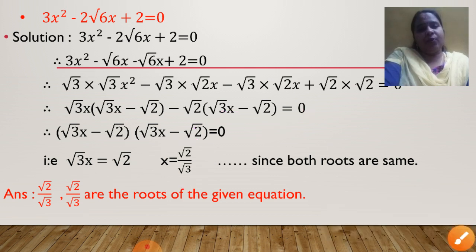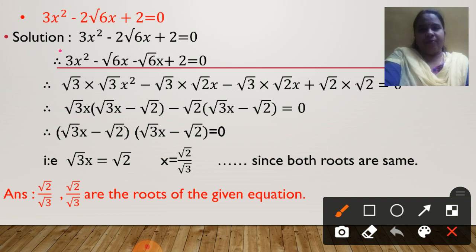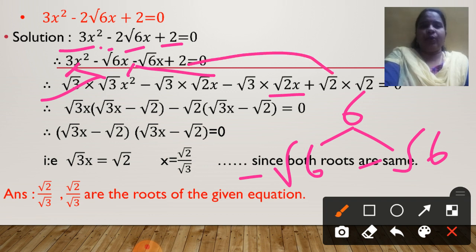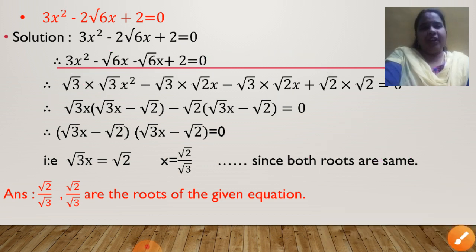This sum, again I am quickly revising the steps. First step is multiply these two. I am getting it as 6. Correct? While factorizing, since the middle term is having root 6, I am writing root 6 and root 6. Then since it is minus, we will write both minus, because this adding I will get minus 2. Okay. Then increase this additional steps. 3 is written as root 3 into root 3. Root 6 is written as root 3 into root 2. Correct? And 2 is written as root 2 into root 2. And then take common. Right? I hope now it is understood to you. Yes? Write and then try to understand step by step.